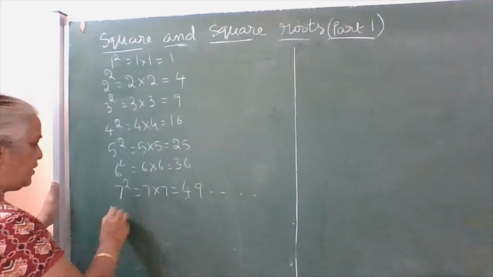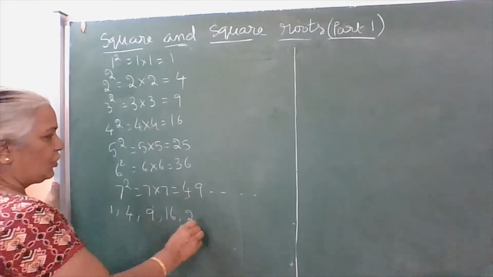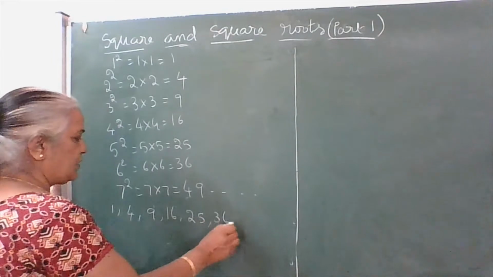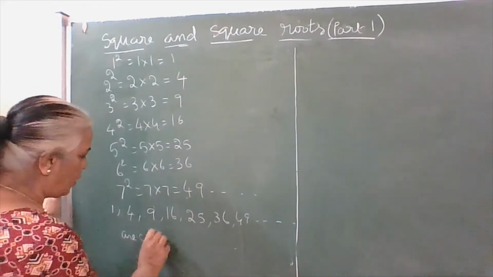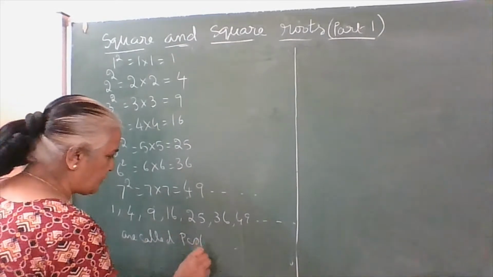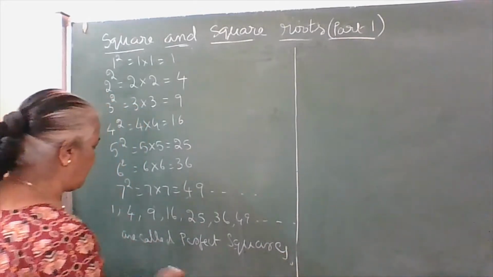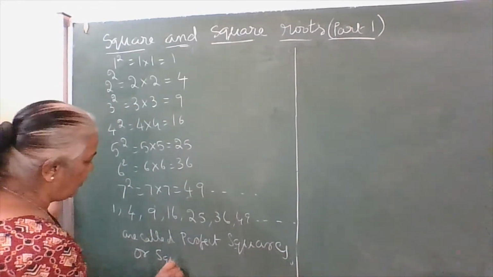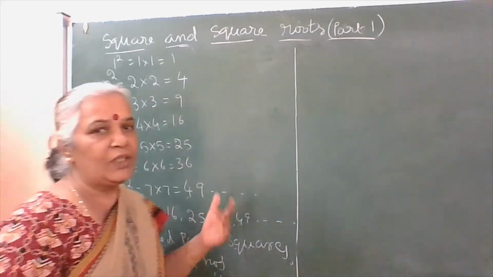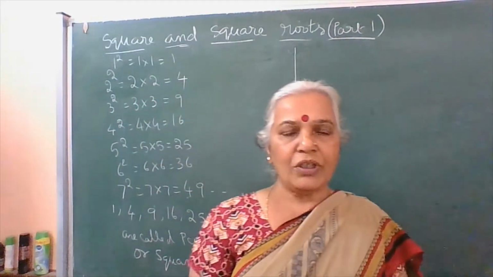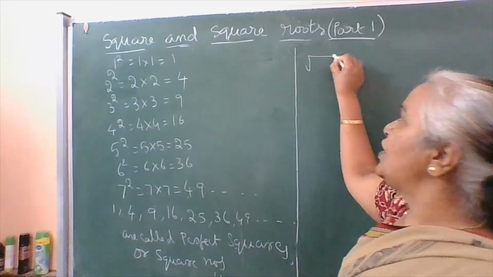Now these numbers 1, 4, 9, 16, 25, 36, 49 are called perfect squares. These numbers are perfect squares or square numbers. Now, on the other side, you are going to learn about square root, and this is the symbol